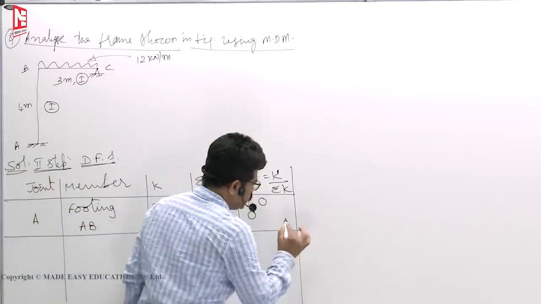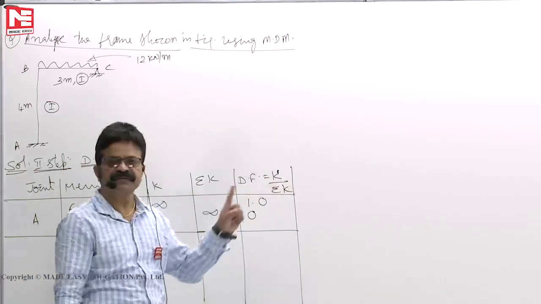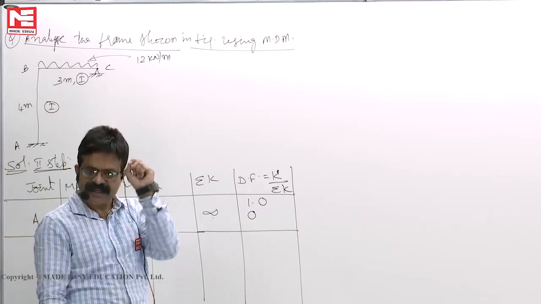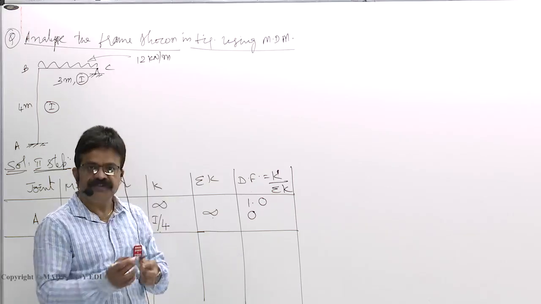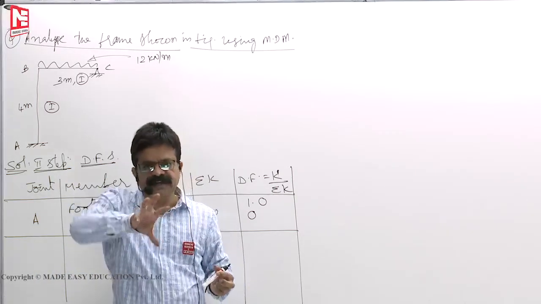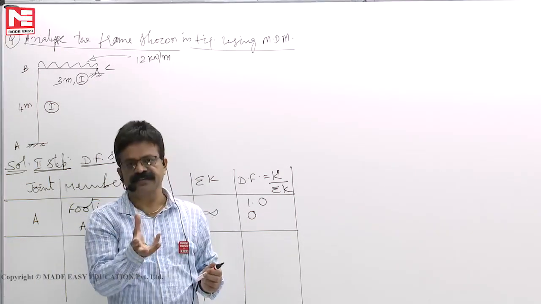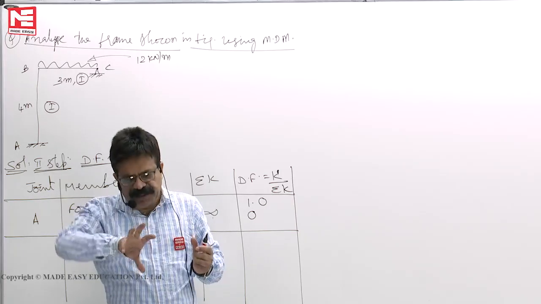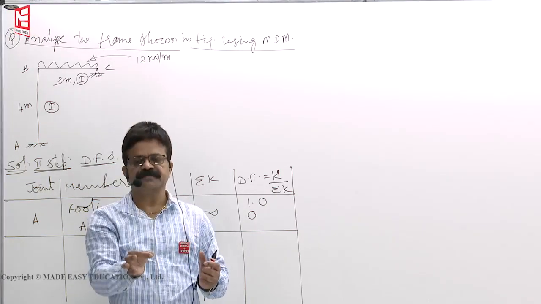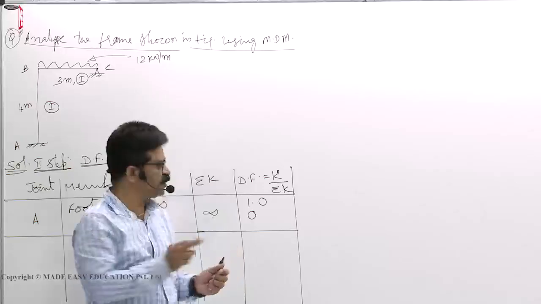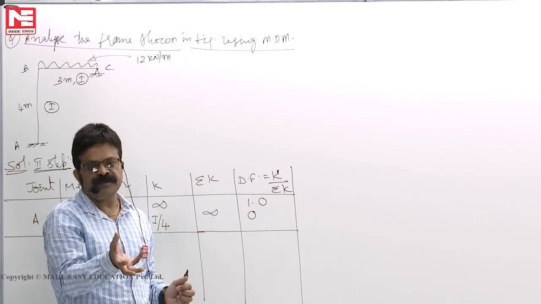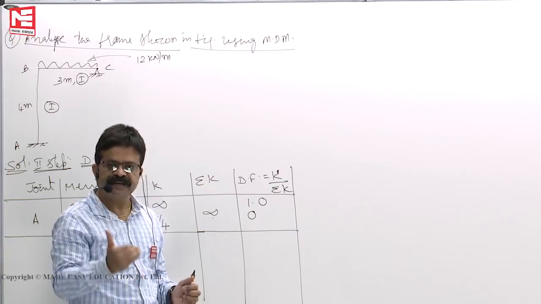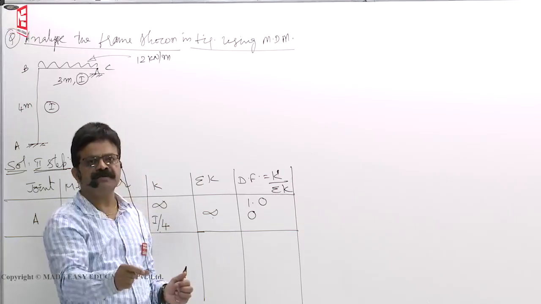Like that. So distribution factors are 1, 0. That means at the fixed support, like at the footing level, if at all you apply 100 kilonewton meter on the footing, the entire moment is taken by the footing only. The column will not take any moment because its distribution factor is 0. 100 kilonewton meter when you apply, the footing will take 100, and 100 into 0 is 0, so the column moment is